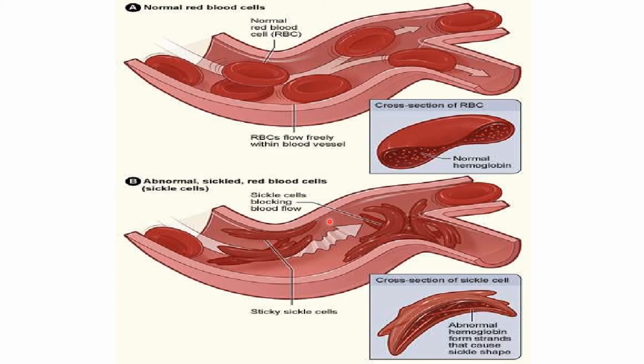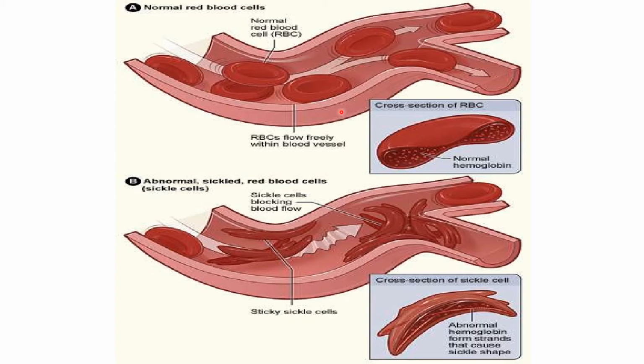When the RBC becomes sickle shaped, they become sticky to the endothelium or wall of the blood vessel. That will lead to formation of thrombosis. Also, they lose their elasticity. So they cannot pass through blood vessels which are smaller in diameter. So they accumulate there, or they may clump there. As a result, there is obstruction of blood flow to the part supplied by these blood vessels.